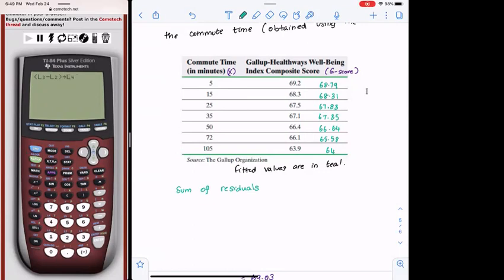So enter. Now list 4 has all the residuals because we simply computed the actual minus fitted values and saved it to list 4. If I did one last touch on list 4,